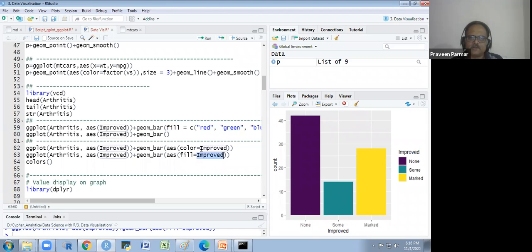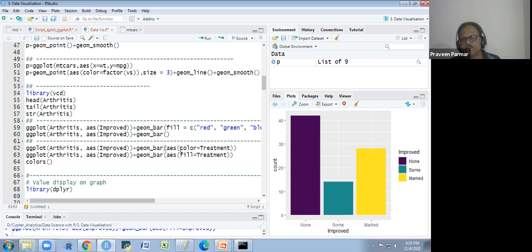But I want a stack diagram. Stack diagram, you know that there is another variable also categorical. So I am using another variable, the variable names were improved and treatment. And treatment, I am just putting the treatment. I am not taking this one.